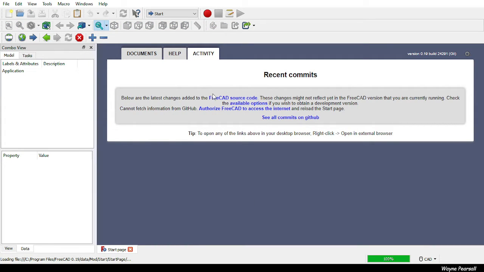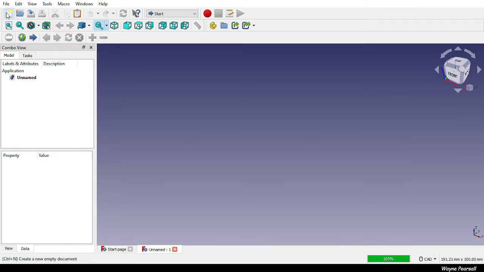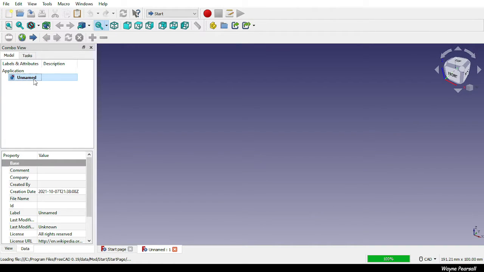So we open it up, you'll have your list of previous documents, help screen, activity. Obviously I'm on the activity tab now, and just over on the top left here we've got to create a new document. If you go to file, open, I'm not sure if you can see all of the menus popping up in my recorder or not, but we'll create a new document. Then